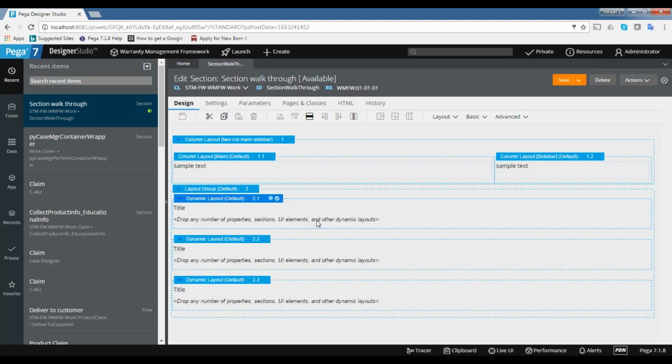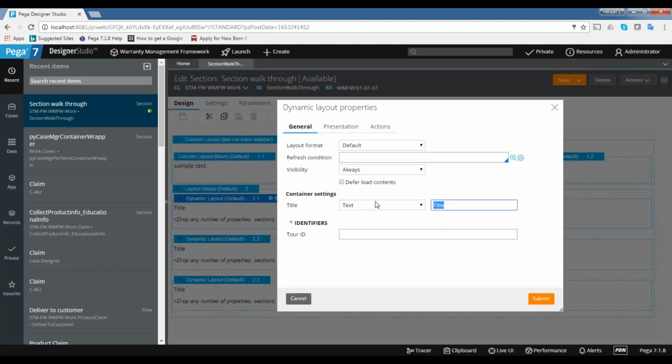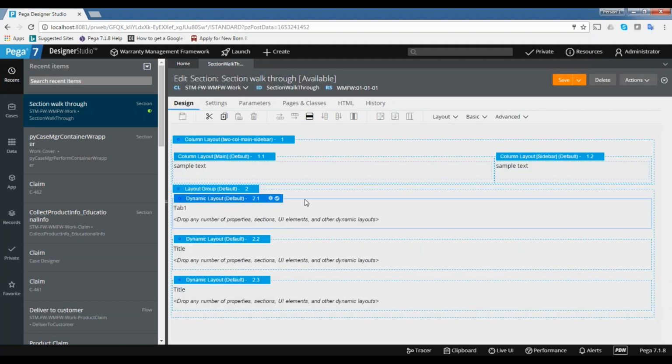One more question: suppose multiple layouts are there. If you select a particular layout, will it also highlight in orange color? No, if you select it, it will be blue color only. Blue color, okay. So if you select, you can see this is a dotted line, this is the normal line. This is the difference. This is selected, this is not selected. I'm selecting this one, so this is highlighted, and the remaining ones are dotted lines only.